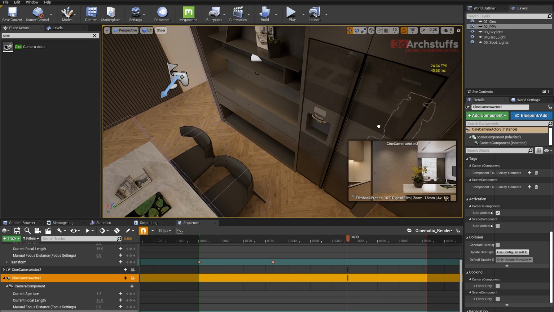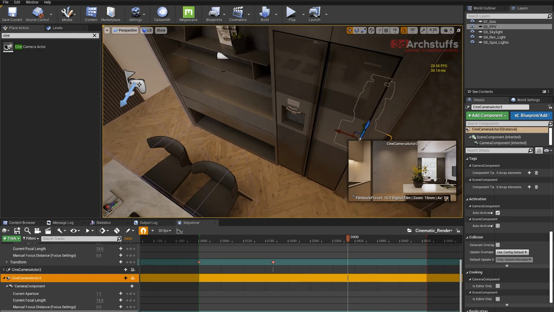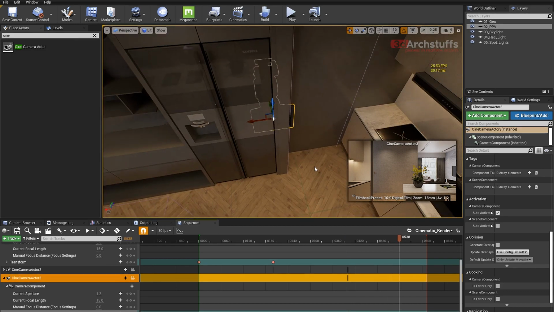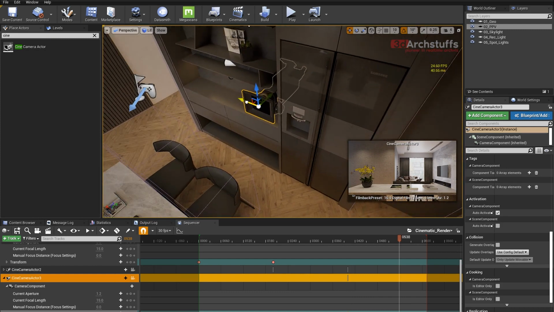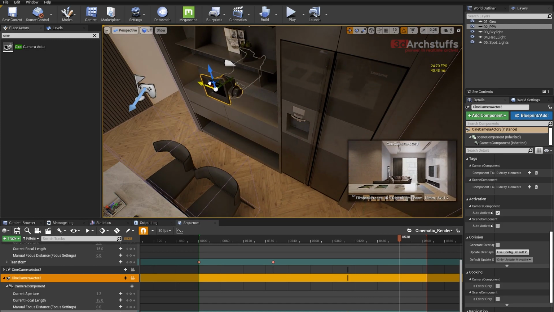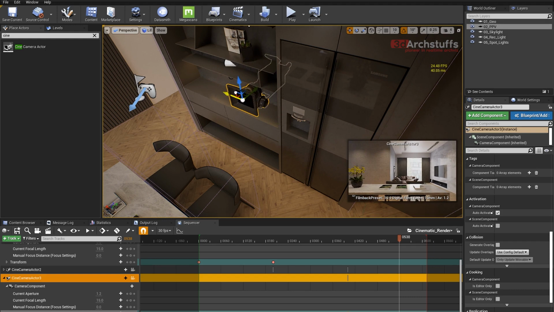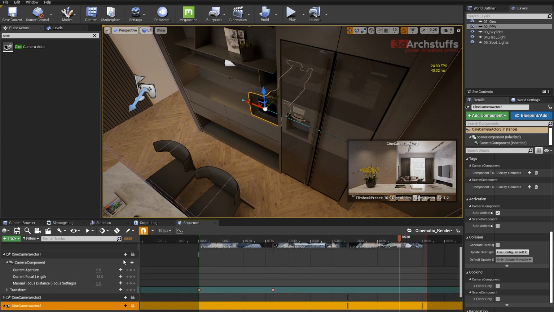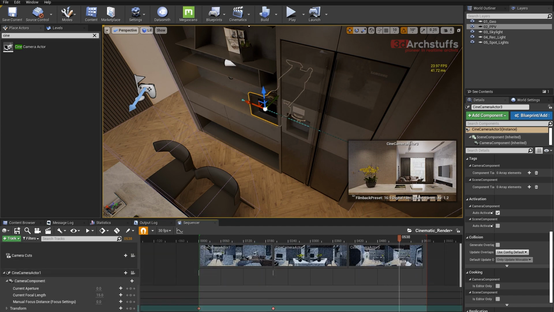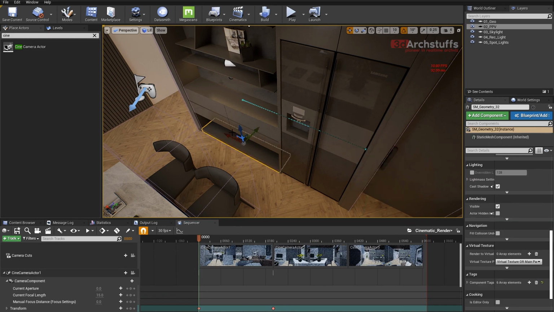So let's start from here. Now this key is already selected. We just click on this add key. Now that is frozen. We'll go here and then we'll just move this camera like this, or maybe like this, and then again add key and then right click on this and set key to 600. Perfect. And now we'll go ahead and play the entire animation at once again and see how it goes,